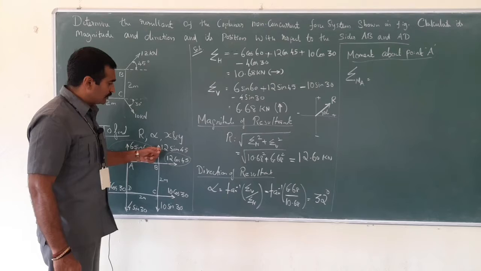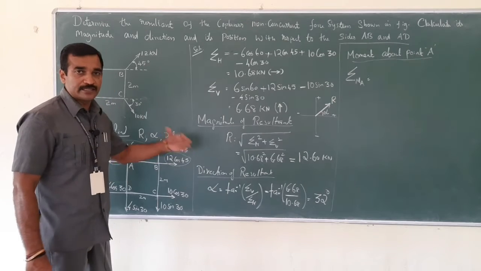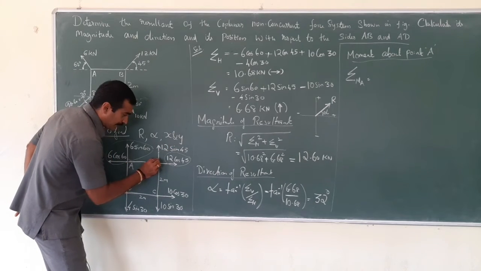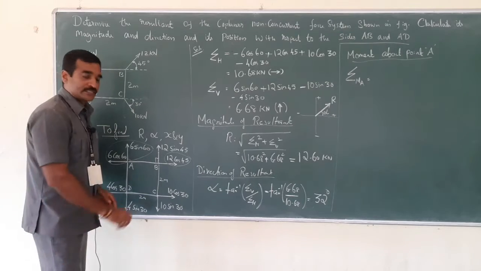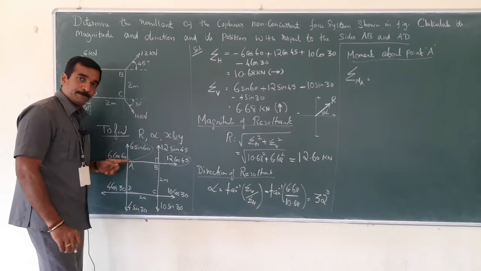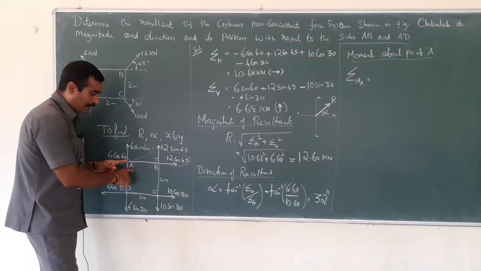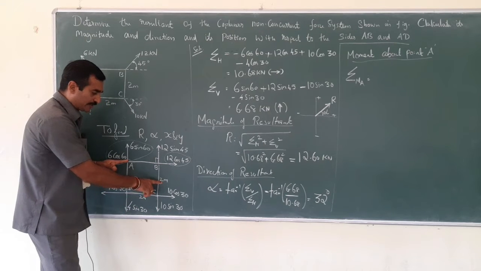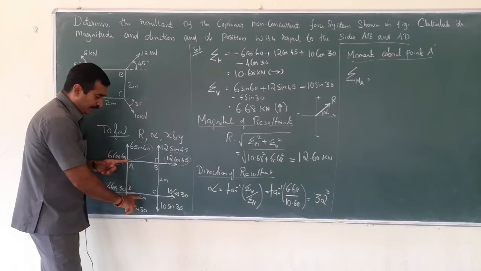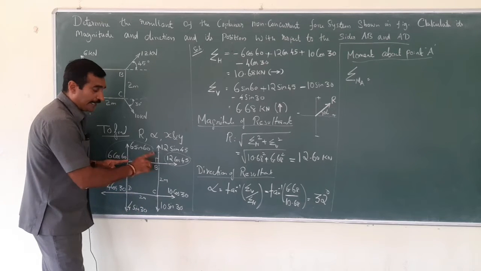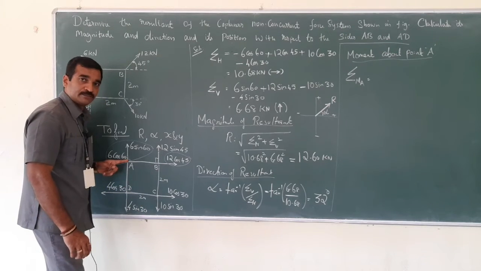When you consider 12 sin 45, there's a force that has a perpendicular distance from point A, right? So the perpendicular distance would be 2 meters. It's a square, so since its side is mentioned as 2 meters, the opposite side is also 2 meters. If DC is 2 meters, therefore AB would be 2 meters.